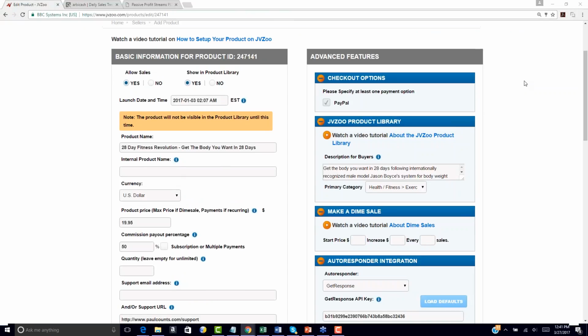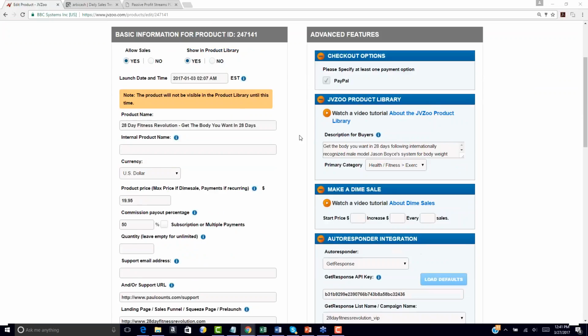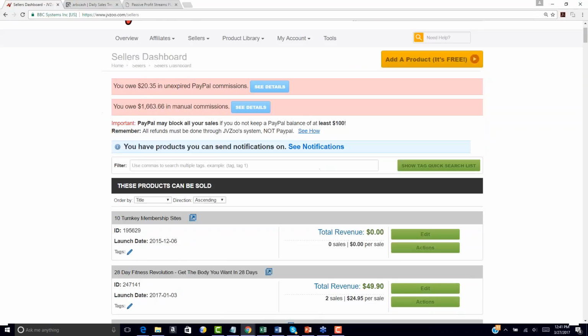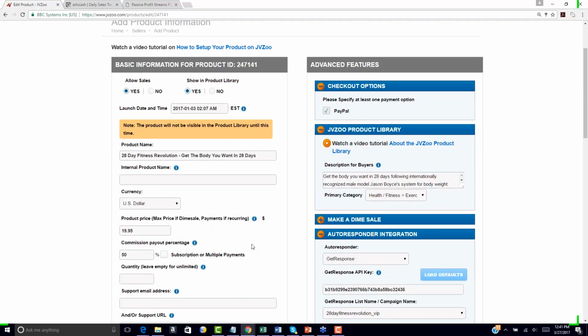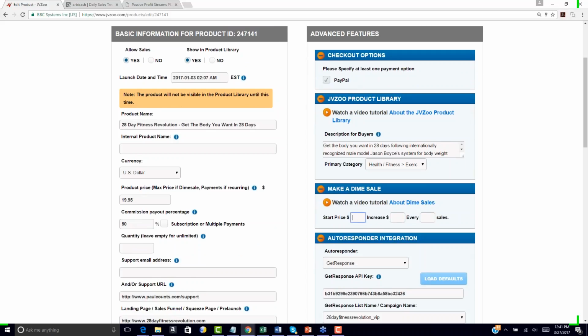Inside your JVZoo account, go to Sellers Dashboard. Sellers Dashboard, that's where you're going to find all your products. Go to edit the product, and then we can change it to dime sale pricing. You come down here to where it says product price, and just directly to the right it says make a dime sale. And so that means I could start my price of my product at $19, and I could